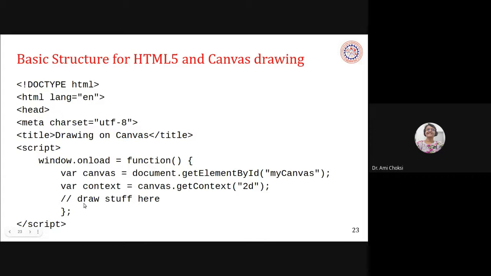Okay. And whatever we want for drawings, a line or a circle or whatever figure, we can write here, right? Then after the function is over, a semicolon, right? So, and the closing script tag. This is the basic structure for canvas drawing. Okay. Let's see,